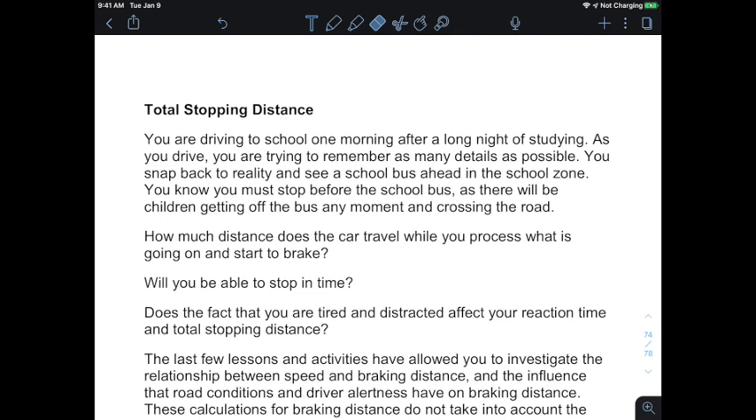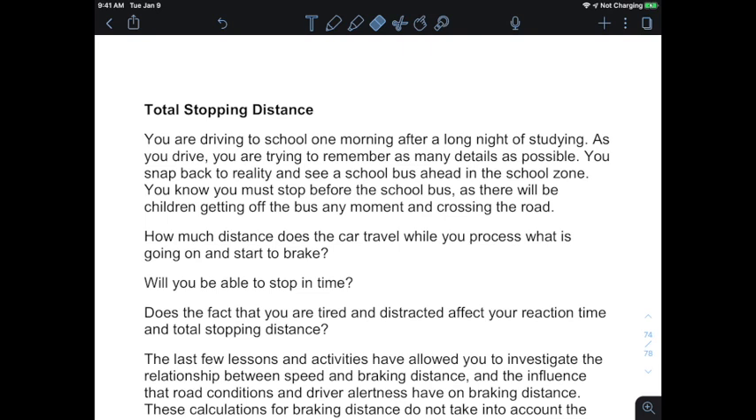You are driving to school one morning after a long night of studying. As you drive, you are trying to remember as many details as possible. You snap back to reality and see a school bus ahead in the school zone. You know you must stop before the school bus, as there will be children getting off the bus any moment